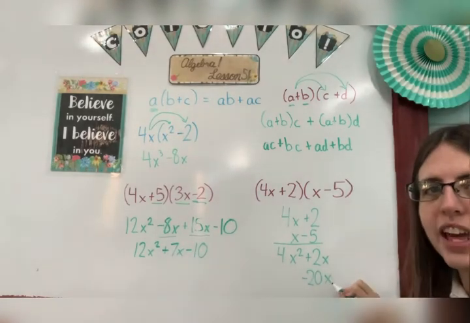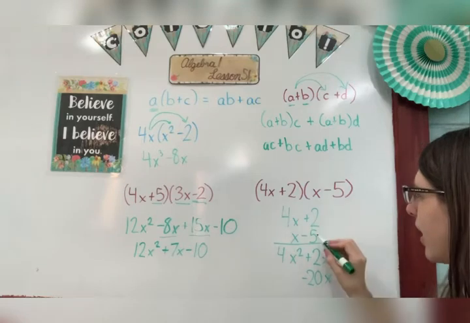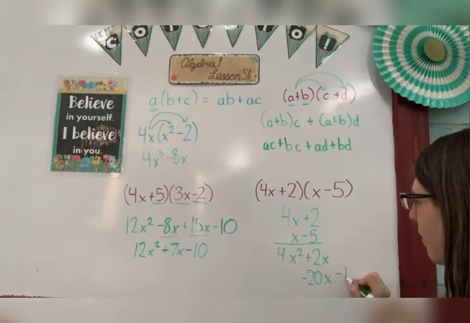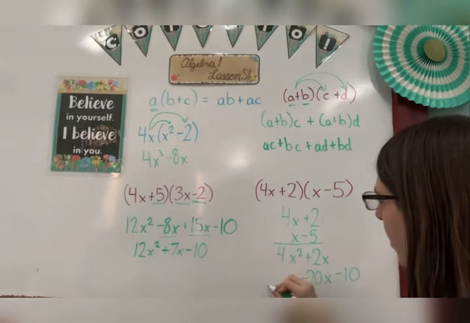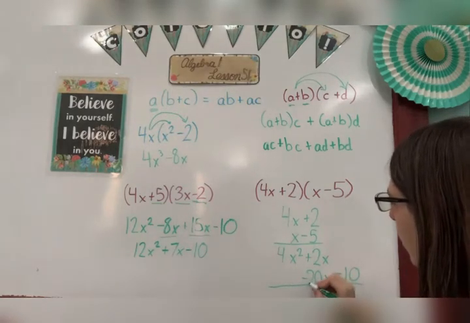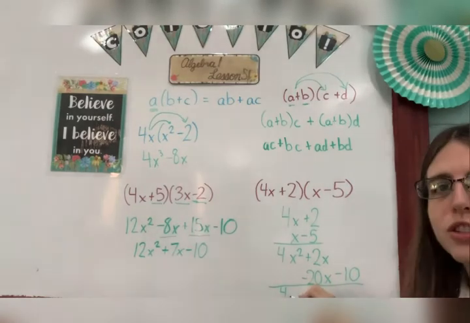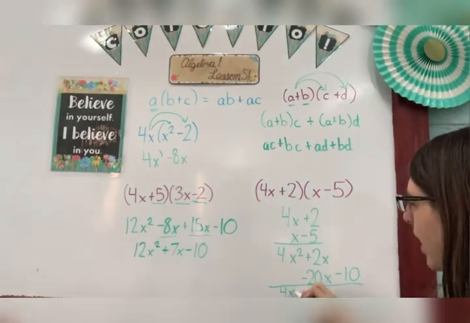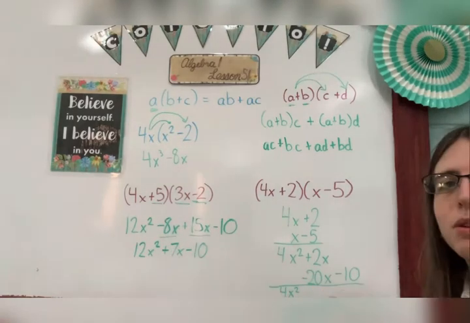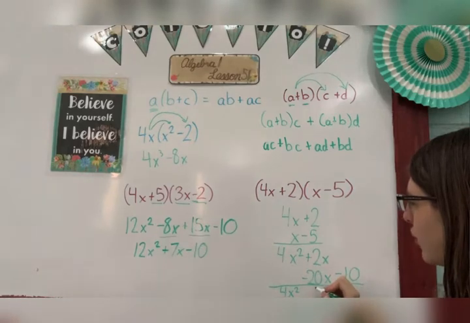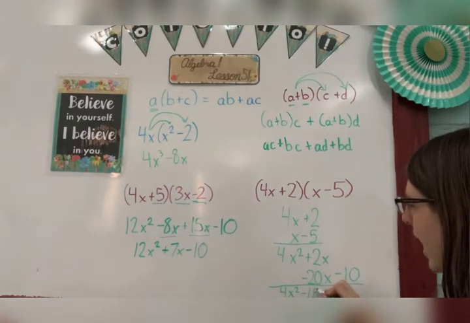Okay, this is just an x, so this is just an x. Then I multiply my negative 5 times my 2, and that gives me negative 10. Now I combine my like terms, so I add it together. Nothing to add this to, so it's just 4x squared. Now I know it's going to be hard to see, so I'm going to adjust the camera in just a minute. Positive 2x minus 20x, that's a negative 18x